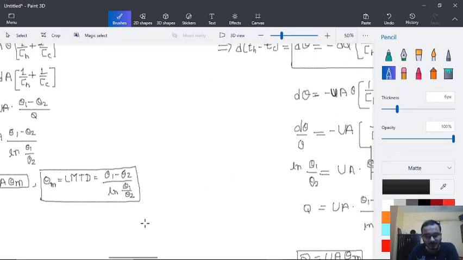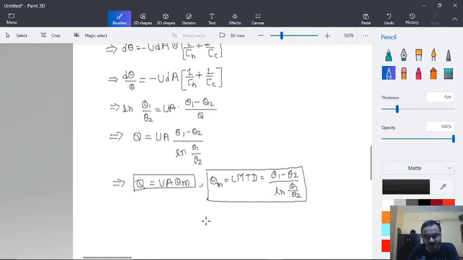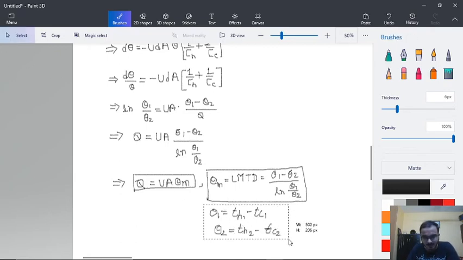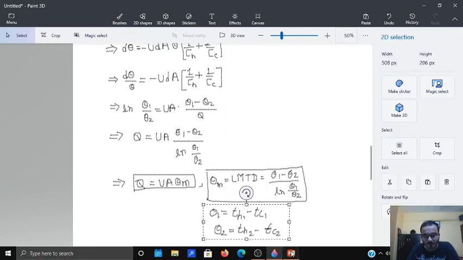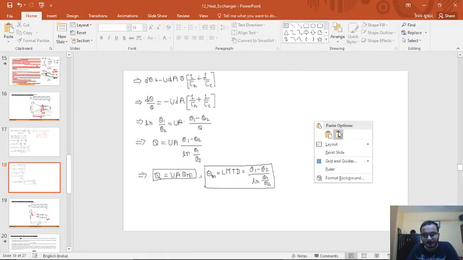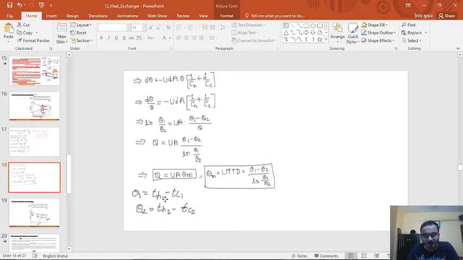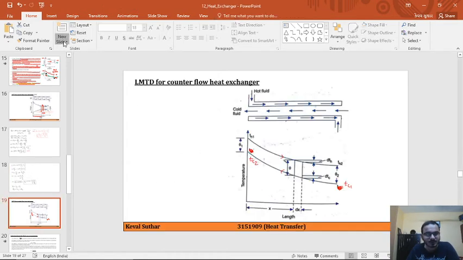And here in this case the theta 1 value will be equal to TH1 minus TC1, and theta 2 will be equal to TH2 minus TC2. That will be the difference. So we need to copy this in our previous theory. So this will be there. And for the counter flow heat exchanger,